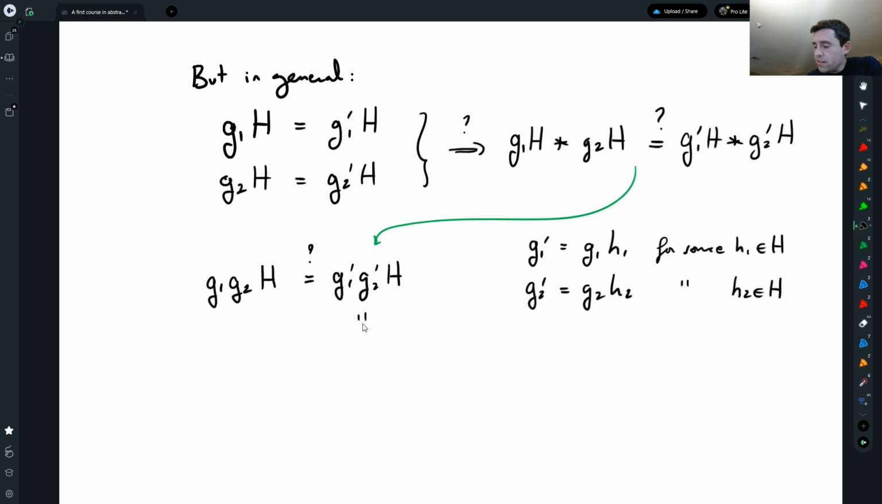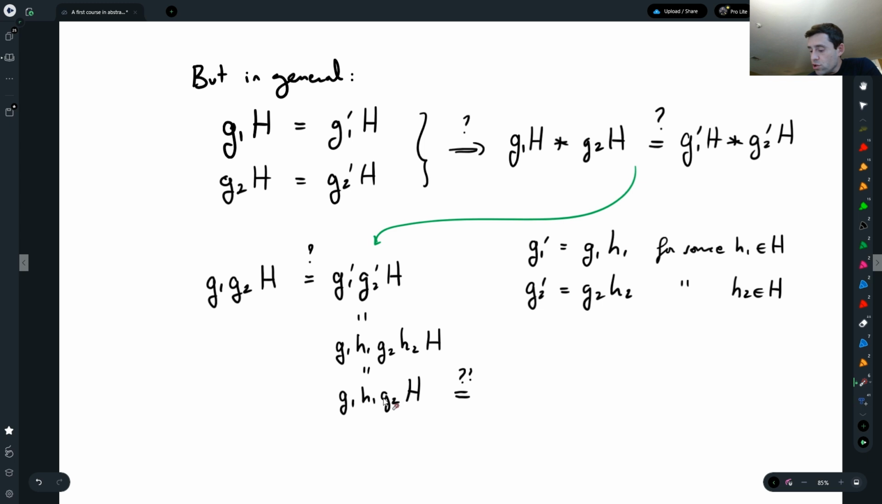So this side is G1 H1 G2 H2 H. Now, H2 times H, anything in H times something in H is in H, so this is just H. So this is just G1 H1 G2 H. But now what I would like is to be able to switch H1 and G2. But in order to do that,